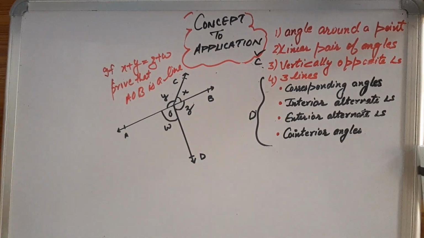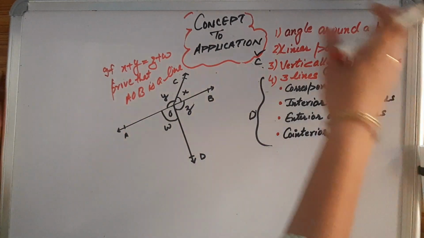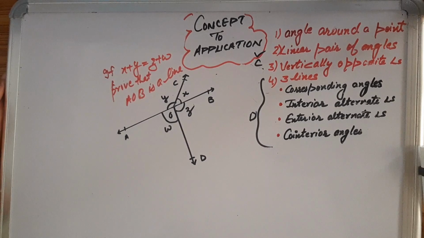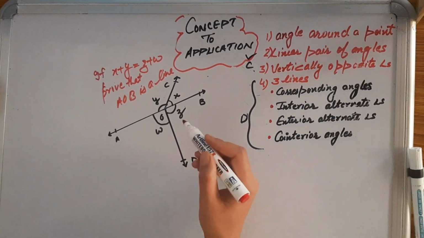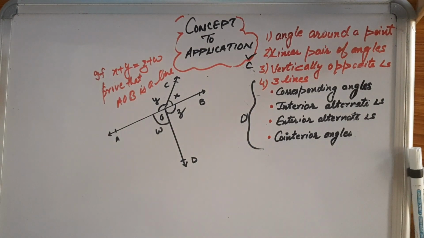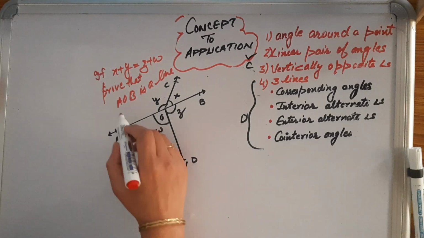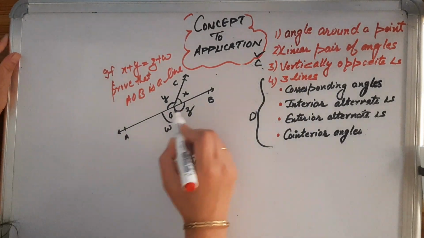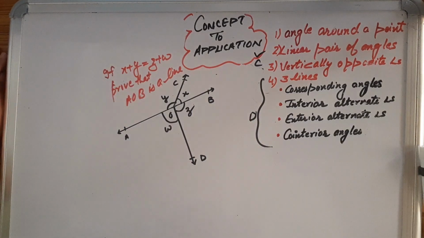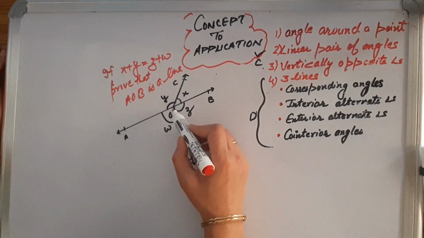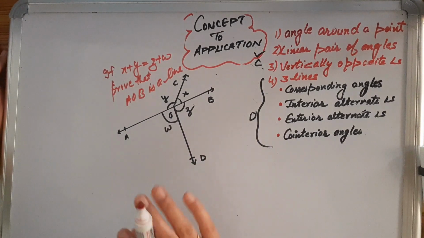How to sort it out? I would say the concept is again around this only, but the thing is how to attack this problem, how to prove anything to be a straight line. When can you say anything is a straight line? Just think, when can you say AOB is a straight line? Why has it been named AOB? It means a line which passes through 3 points A, O and B. We have to prove that AOB, there is no bend at O, it's a straight line.